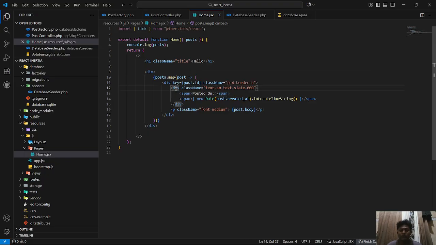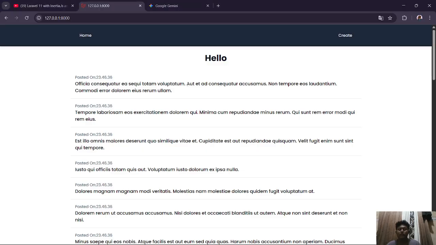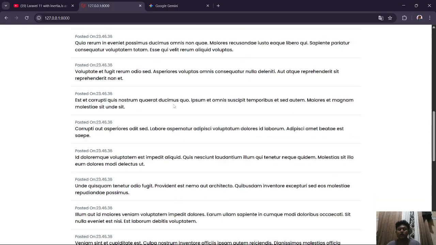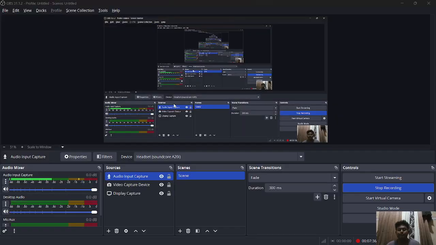After this we have a paragraph, and in this paragraph, post.body. In post.body we have 32 dummy data, and we get it. After this, you can look, we loaded 32 dummy data.